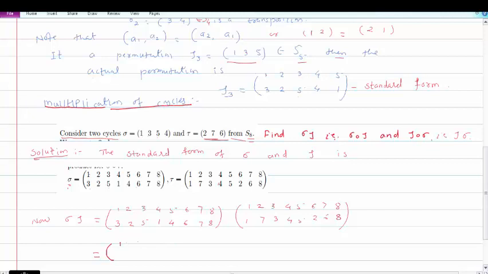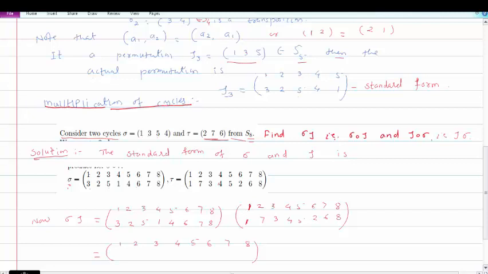First we have to find the image of 1 under this sigma tau. So how can we find the image of 1? We have to consider from the right, so first operating tau. See here, tau sends 1 to 1.